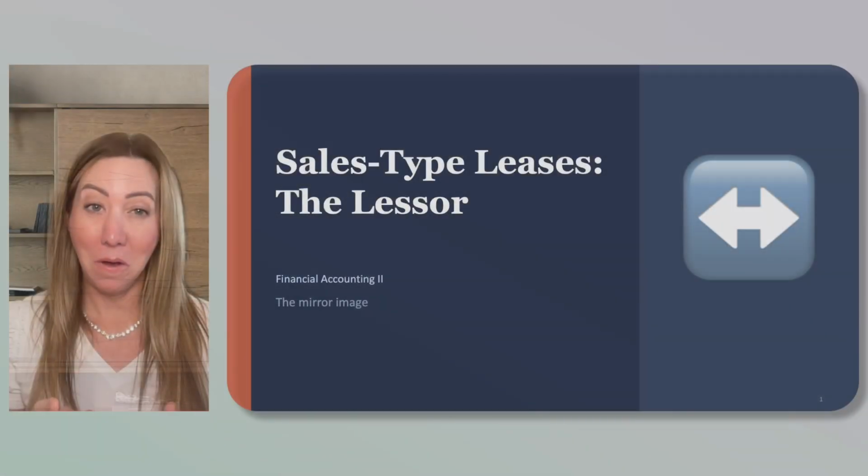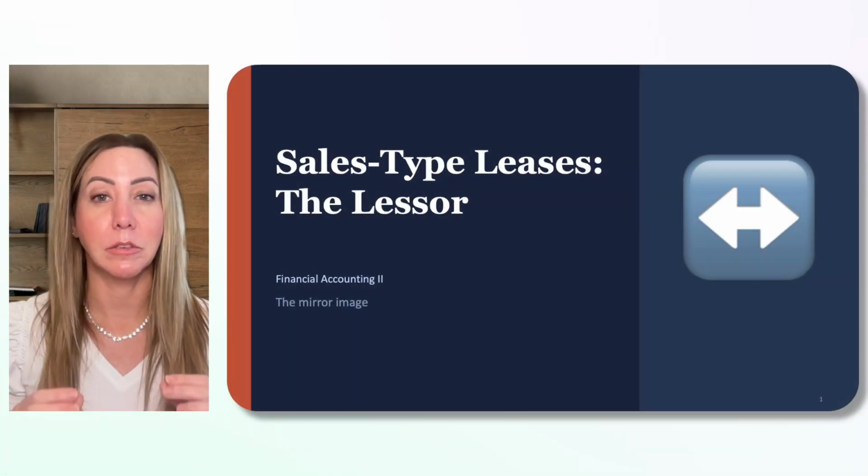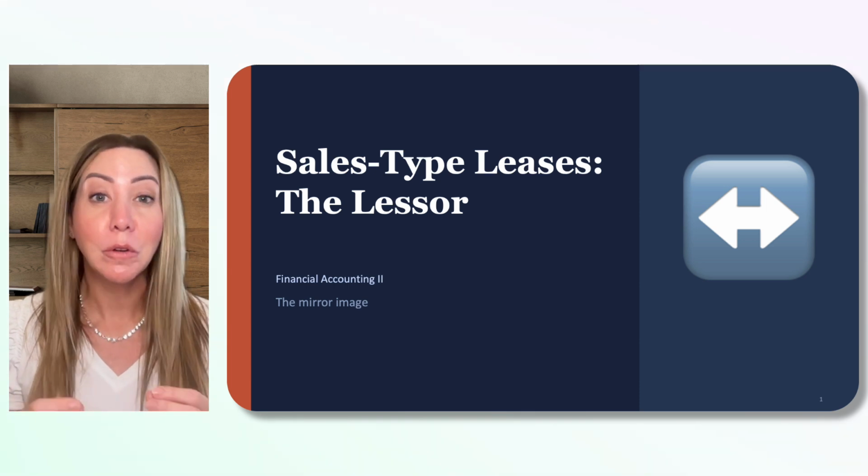In this lesson, we cross to the other side of the table of a lease transaction. Same lease, same payments, same amortization schedule, but now we're keeping the lessor's books. You'll recall that the first step in accounting for leases is to determine whether it's indistinguishable from a borrow and